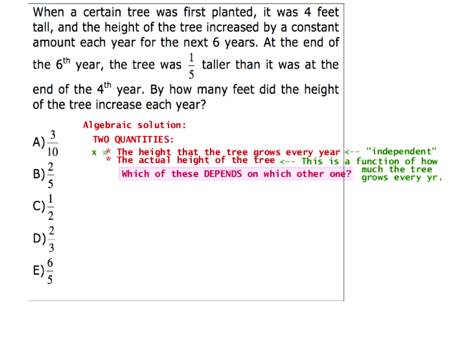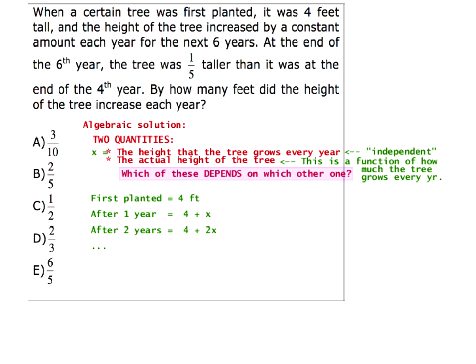Because then when the tree is first planted, it's 4 feet tall. How tall is it after 1 year? Yeah, see, it's easy to write these formulas now. If you made the mistake of letting h stand for the height of the tree, it's going to be really hard to do that. But you just keep adding x every year. So it's not 4 times x, because you're not multiplying anything. It's growth by x. It's x more feet tall. It's like if your kid is 3 inches taller after another year, it's x plus 3 inches. It's not times 3. So after 2 years, it's going to be 4 plus 2x,